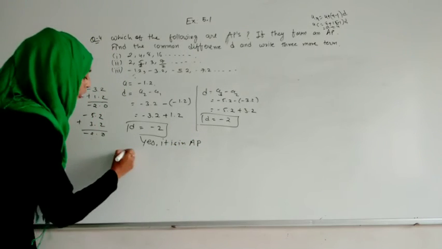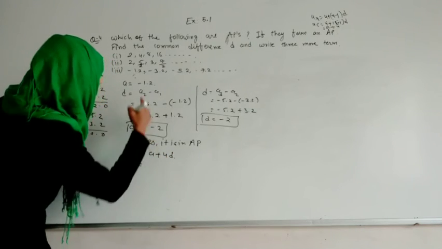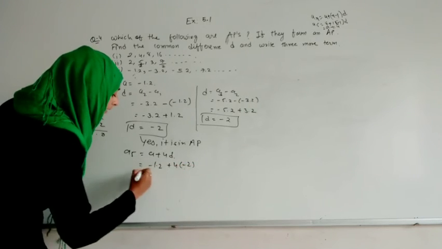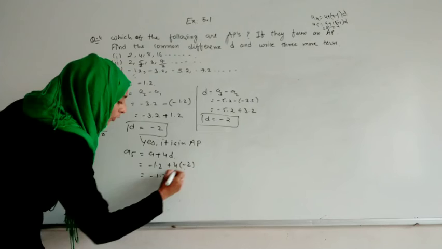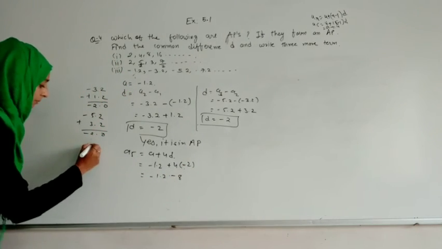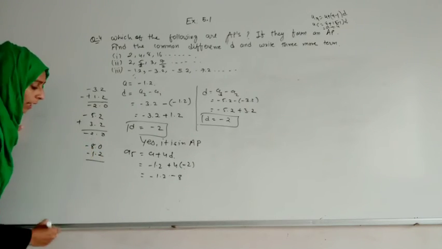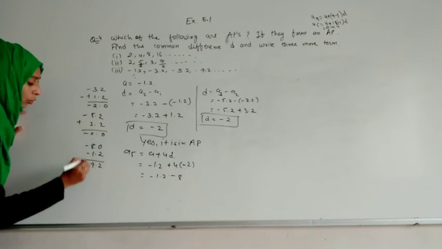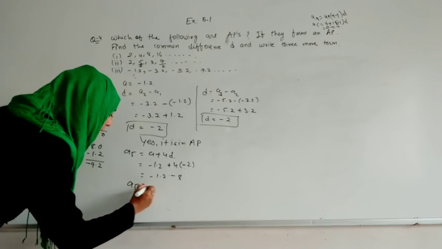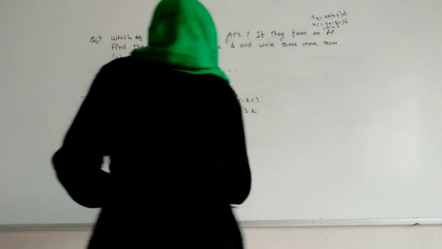अगर ये AP में है तो हमें a5 ढूंढना है, so which is what? a plus 4d. So a है हमारा minus 1.2, 4 as it is, and the difference we got as minus 2. So here I will get 4 2s are 8, but plus and minus will make minus. Minus will make plus, but 8.0 is there, and that is 1.2. Both are in minus, it will make plus, so it will become 9.2, but the symbol of the greater number is minus. Means so many things students have to remember, so many operations they have to remember, then only they can solve this question in an easy way.